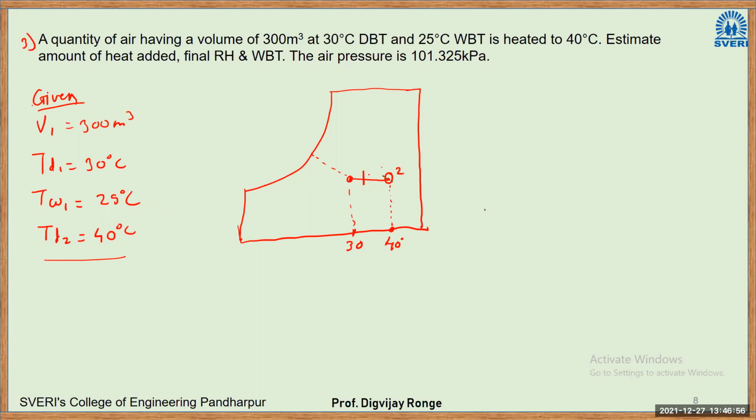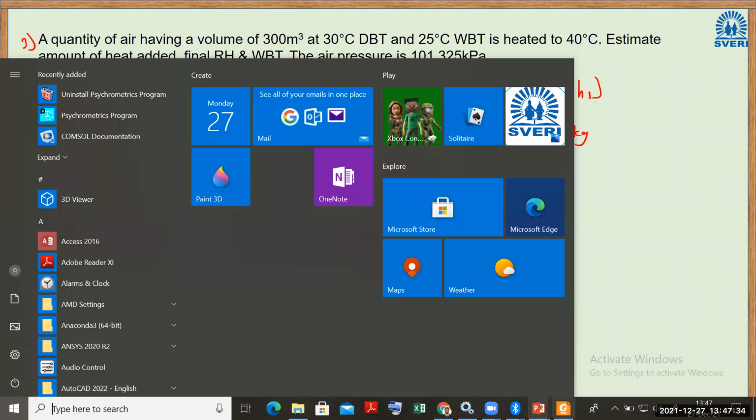So this was a heating curve, and we have obtained both the values of WBT and RH, right? So this will go like this. Here it will be H2, here it will be H1, right? We have obtained the RH value also. How to calculate the heat added? Q will be again equal to mass into H2 minus H1, right? From the graph, we have seen H2 was something like 88. I think it was 88 kilojoule per kg. H1, I think we did not calculate. Let us calculate H1 also.